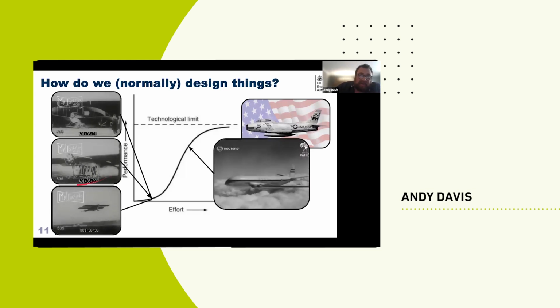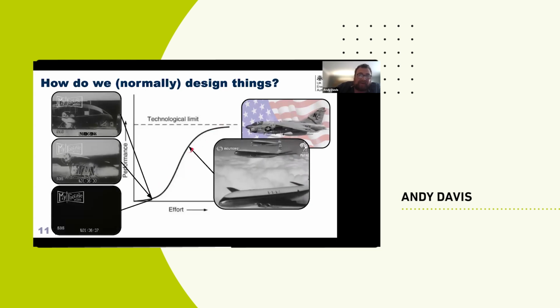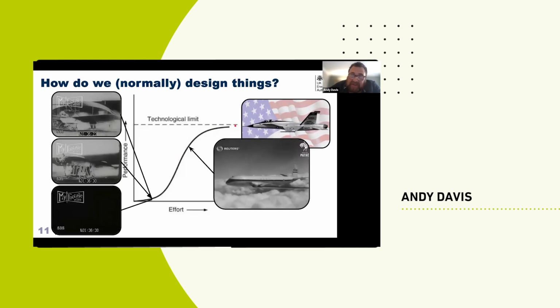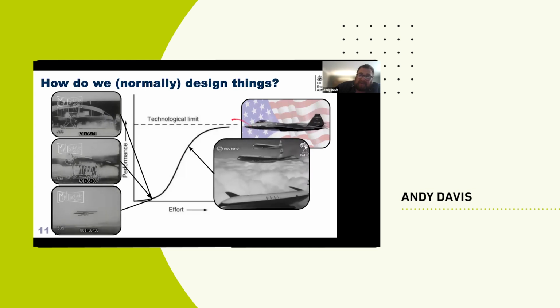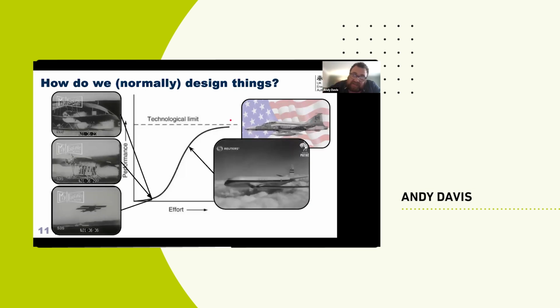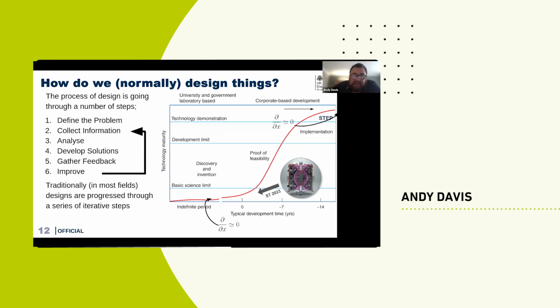And then over time, we kind of centralized in what we call the engineering S-curve, where the technology is quite mature. And as you approach the technological limit, there's very little iteration between the designs. Like the difference between the very first part of these aircraft and the last part of the aircraft, of course, in terms of radar cross-section is fundamental, but in terms of the way they're designed and operated, it's a very similar process. Applying that logic to fusion, we have a bit of a problem because we are down the very early part of the development cycle, where the S-curve gradient is really quite low. And we need to get it up to the point where we're looking at a step which is actually quite high